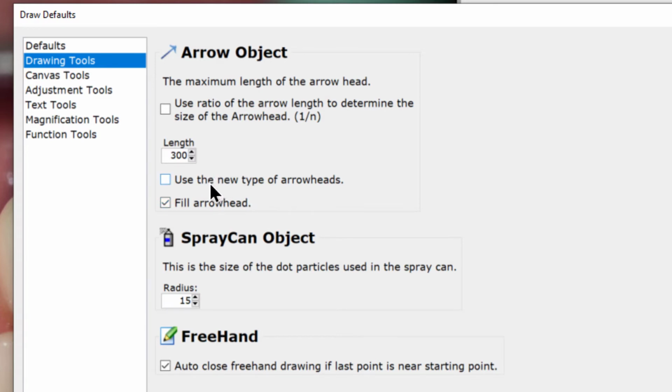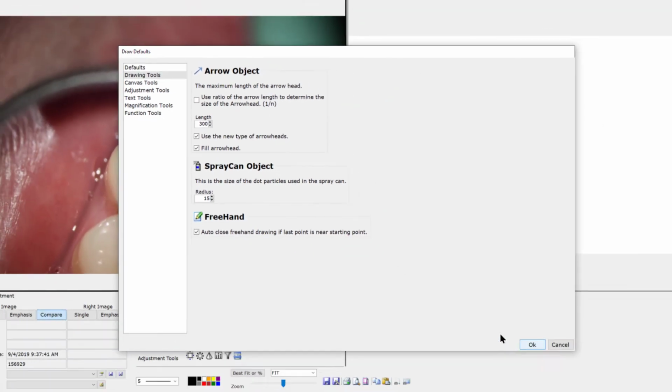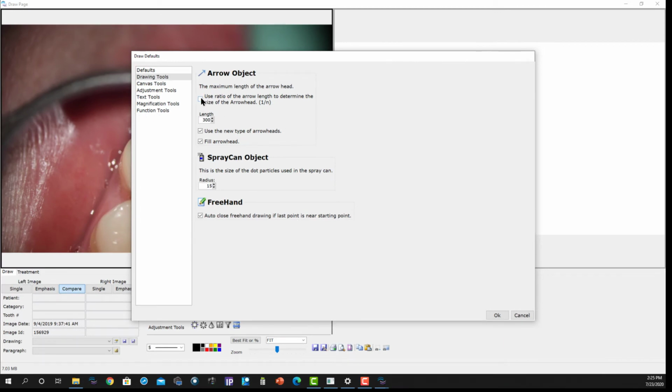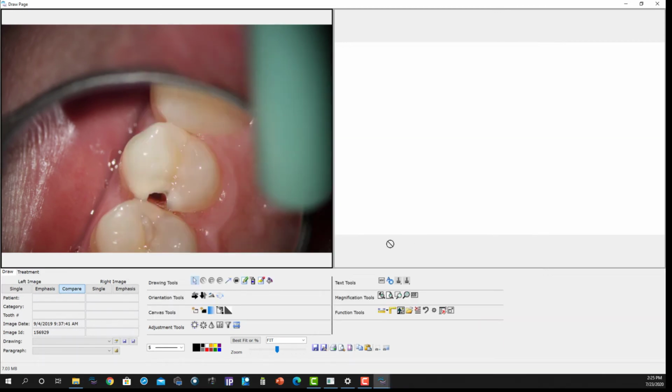If you're using a 4K monitor, it is a larger number. We're going to use the new type of arrowheads and then save that. So unclick this box, the ratio box, and now that default is present. And now let's create an arrow. I'm going to create a red, let's choose the arrow. I'll create a red arrow. And now the size of the arrow